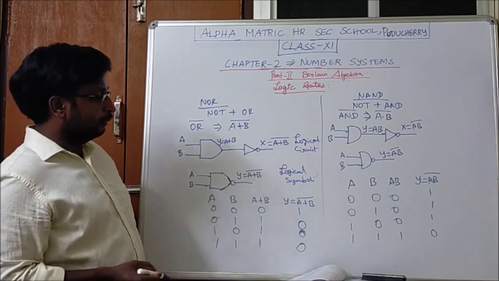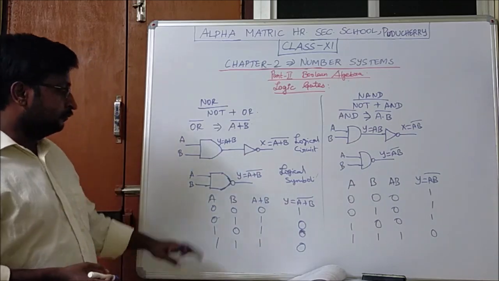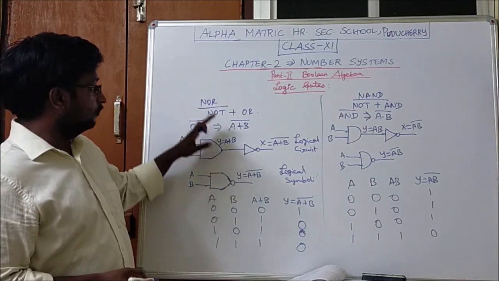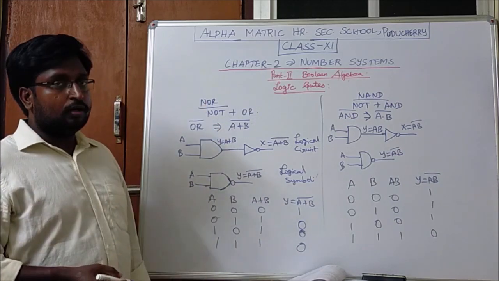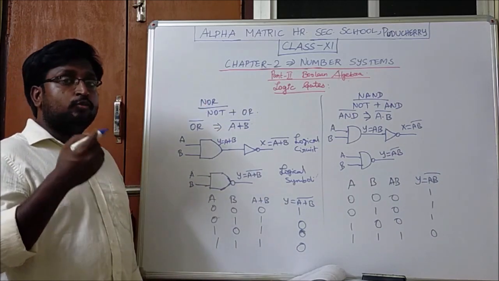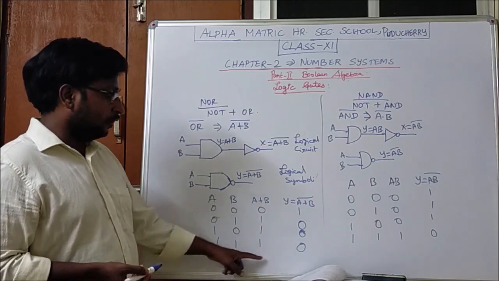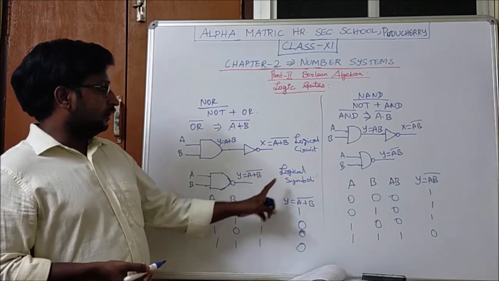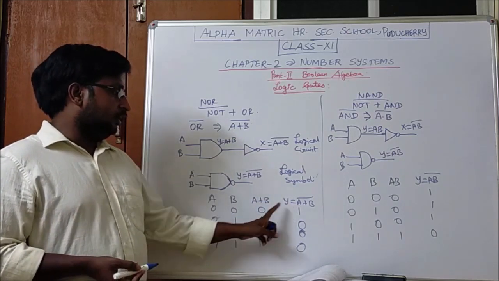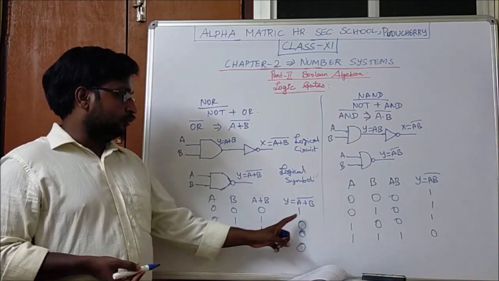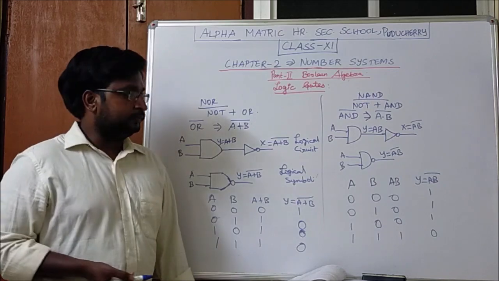The same truth table which we have seen for the NOR operator: for the OR operation, at least one input must be true. So based on that we have derived this OR operation table, and the inverse of that is: false becomes true, and for the remaining true outputs we have written false.